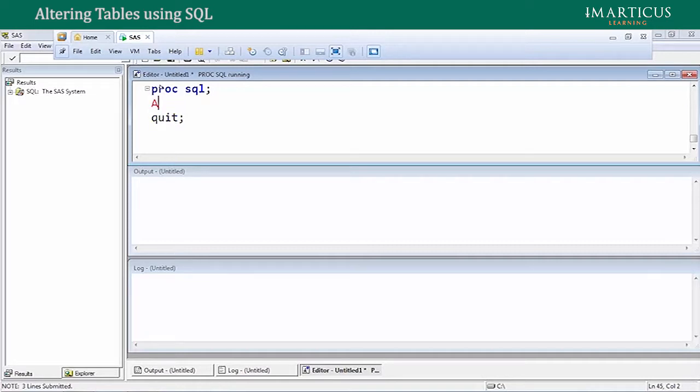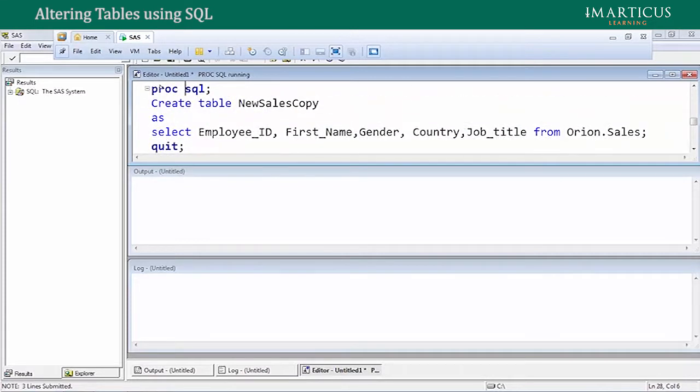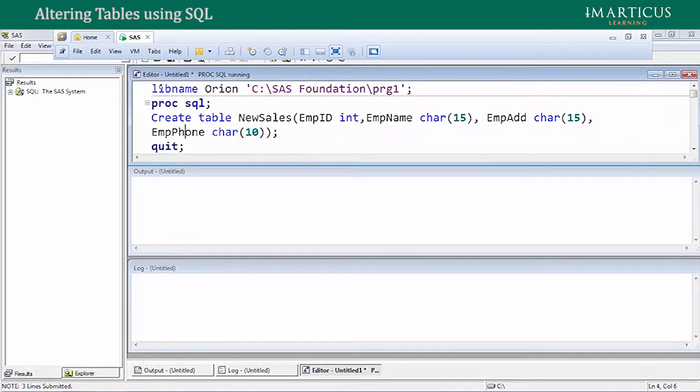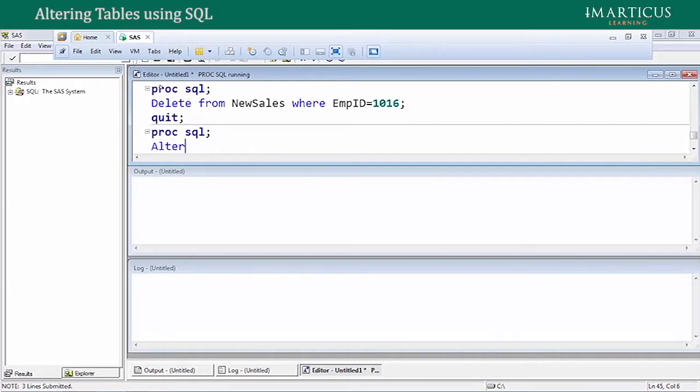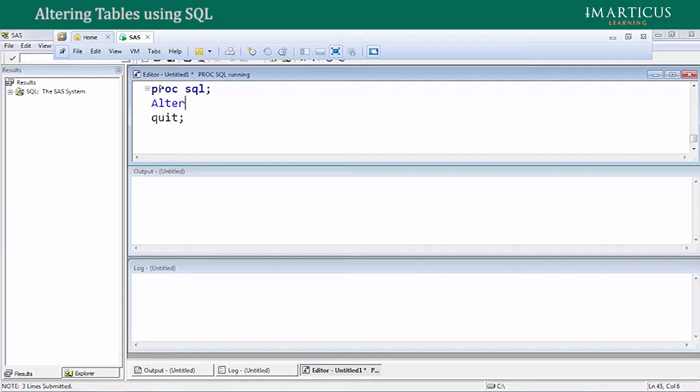So this is how the syntax is. Suppose I want to add a new column to my table by the name join date. Currently in my new cells, I have employee ID, then I have employee name, employee address and employee phone. Suppose I want to add a new column to this table as simply join date. But I don't want to drop my existing table and then write this create table once again with the new column, because in this case I'm going to lose my data. So without disturbing my existing structure or data of the table,